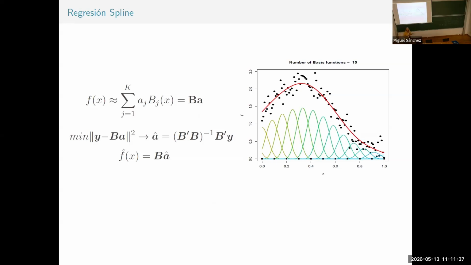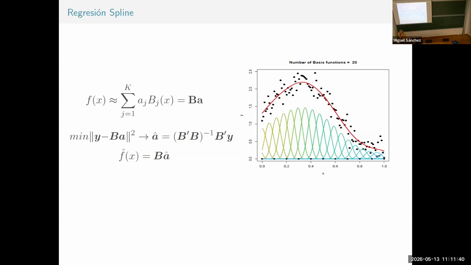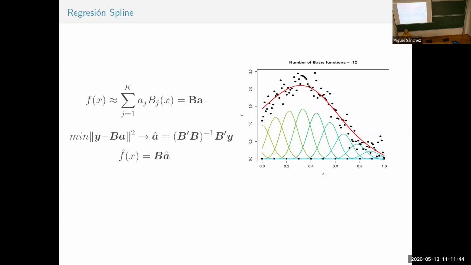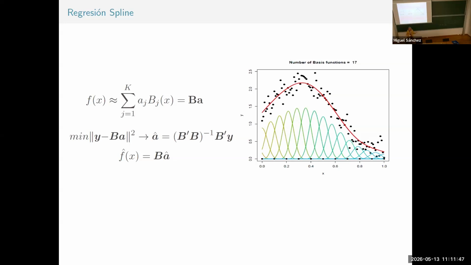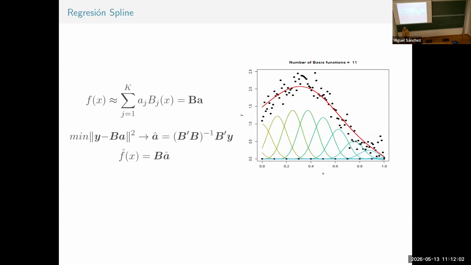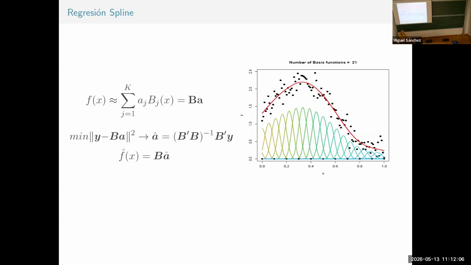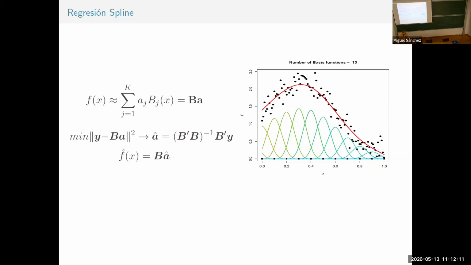What I have done here, in this plot, is just change the number of bases. As you change the number of bases, the shape of the function changes. So that's one way to do it. The problem is that it's not a simple problem to decide how many knots and where to put them. I'm going to talk in a minute about recent work, beautiful work, a very fast way to do this. But this is not my goal.